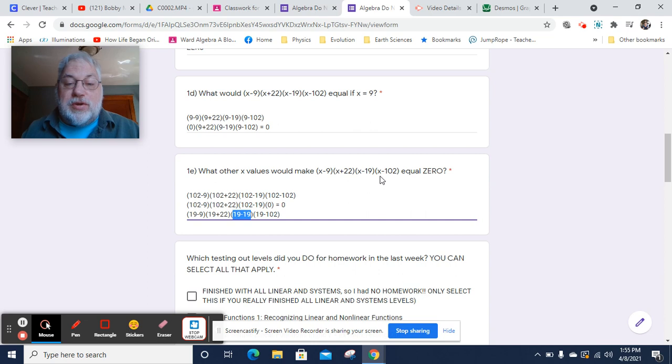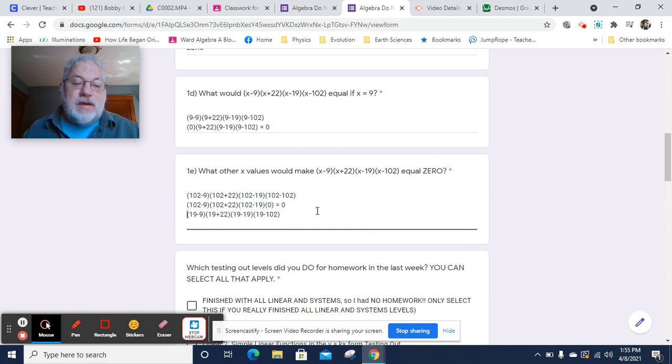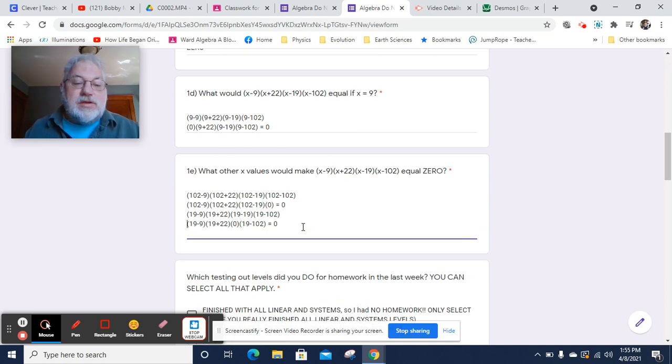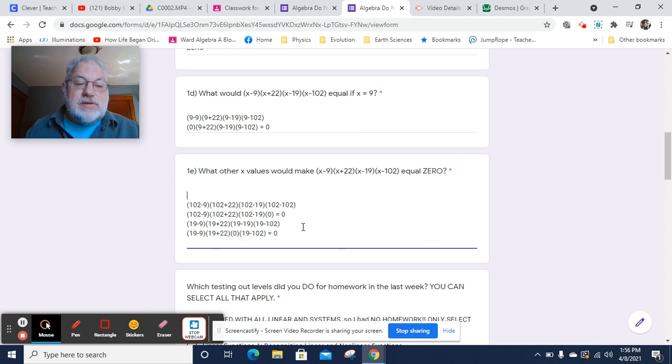X being 102 will turn that into 0. X being 9 turns that into 0. And X being 22 turns this into 0. All these numbers turn the others into other stuff, but who cares about all that? Because as long as one of your factors is 0, the whole thing is 0. So that's now a 0. So if X is 19, the whole thing equals 0. Okay, and then I should actually be capturing all this up here. So X can be 102. X can be